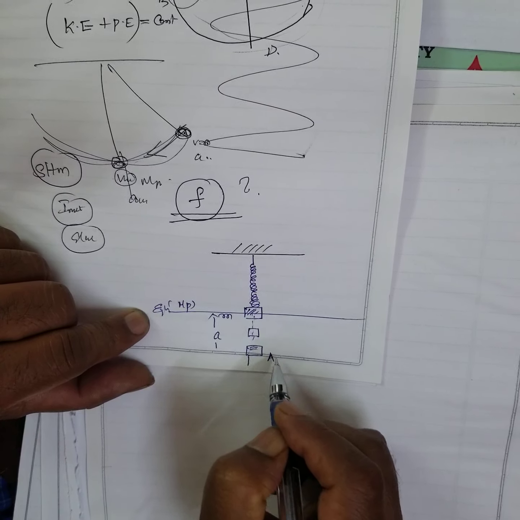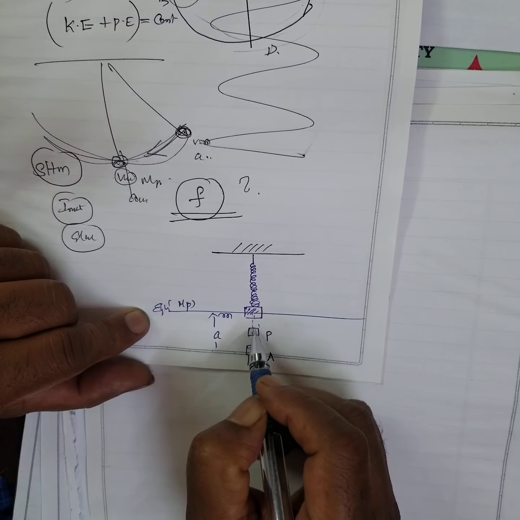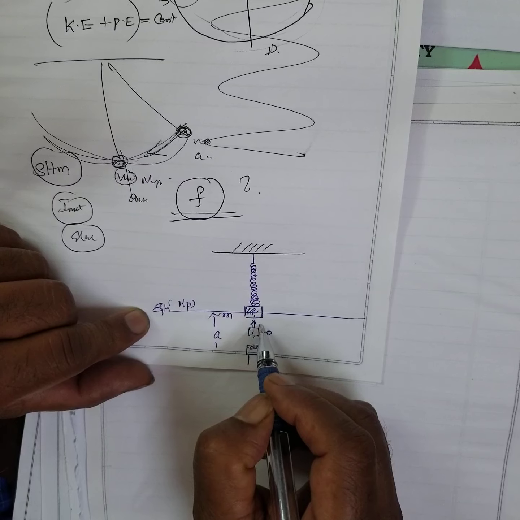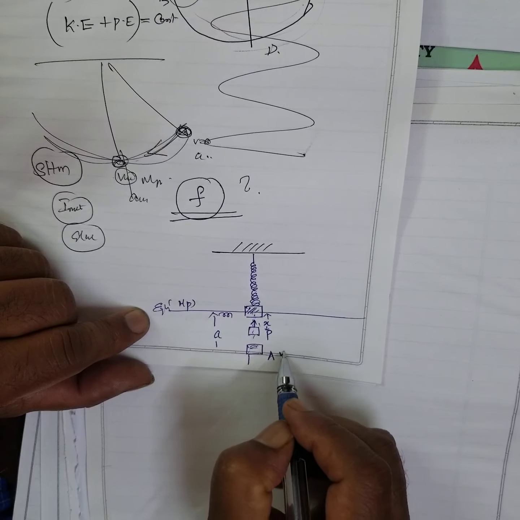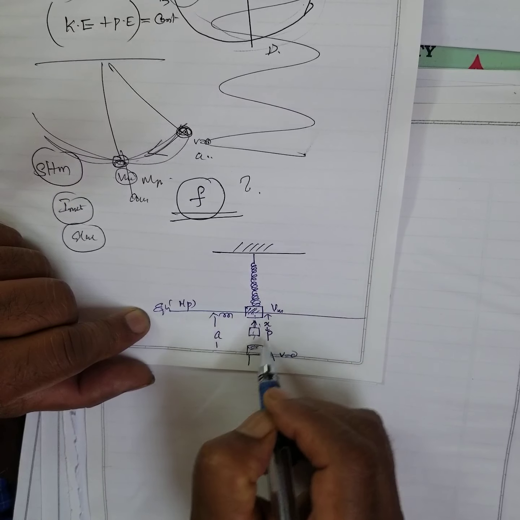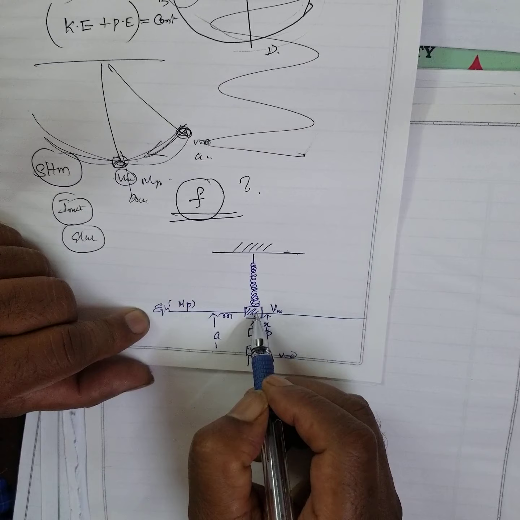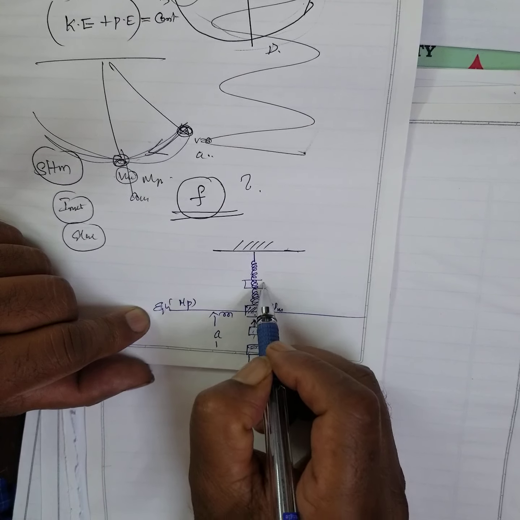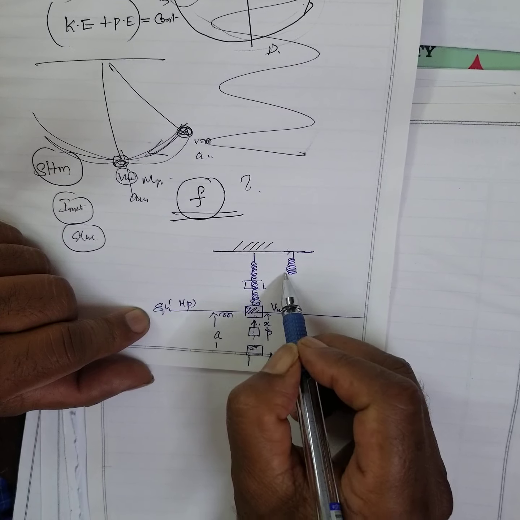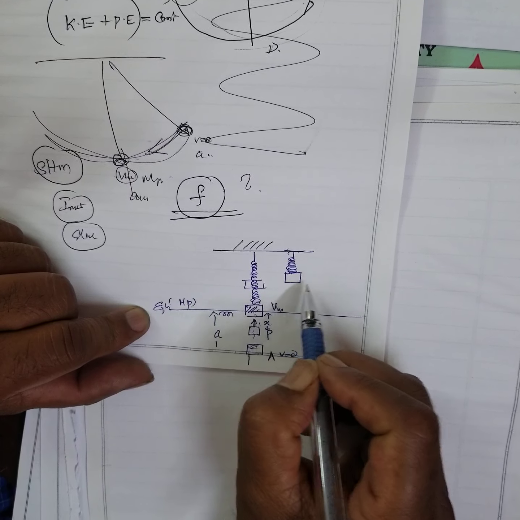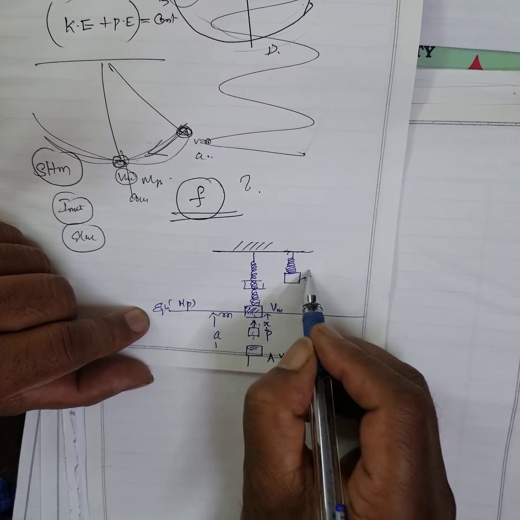This is at A. Then P is the point. Then it starts moving towards the mean position, and X is the displacement from the mean position. Here your velocity is equal to 0, and here your velocity is maximum. Then what will happen? It will overshoot. It will not stop here, because gradually it will come here. In that time, what happened? The spring reverts, it is compressed, and the body goes to this side. This is also the third part, B.